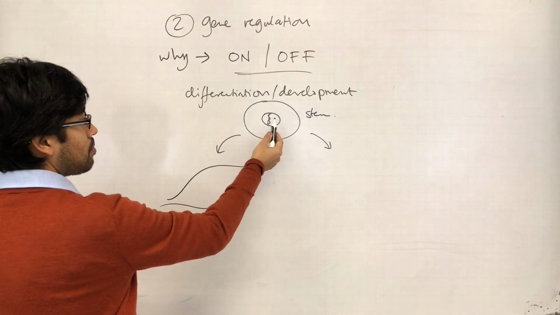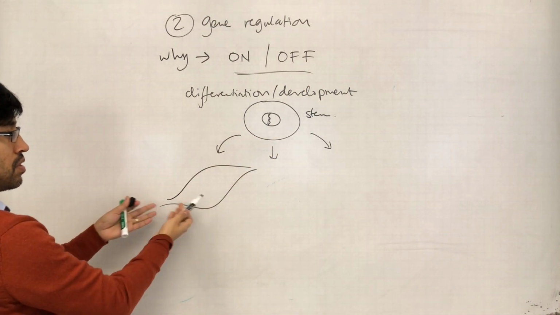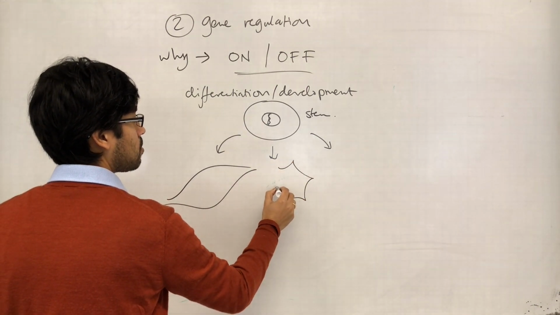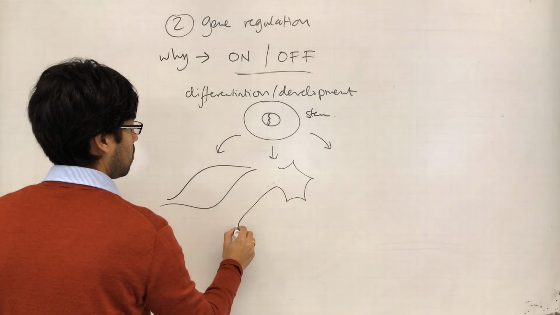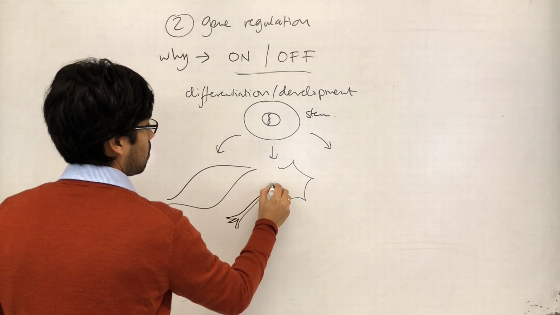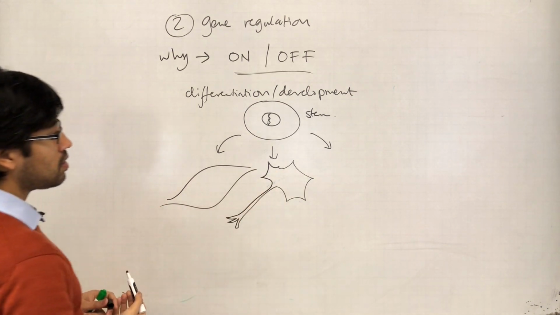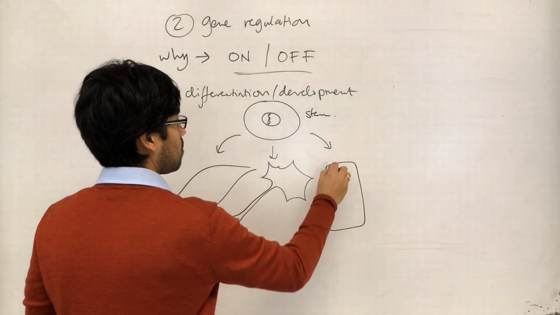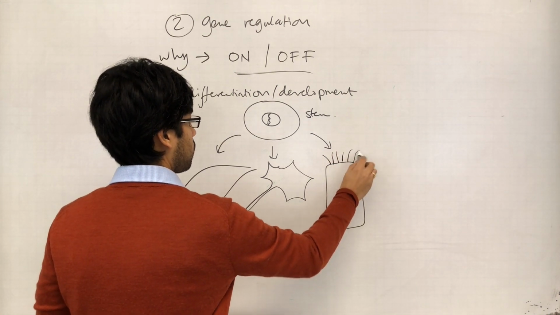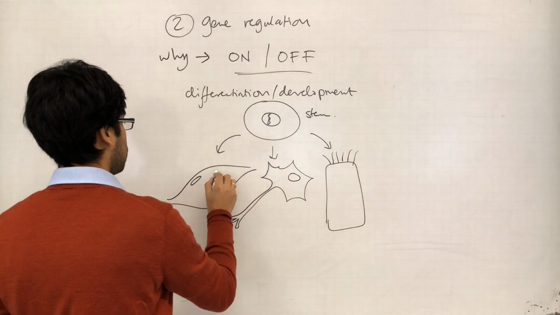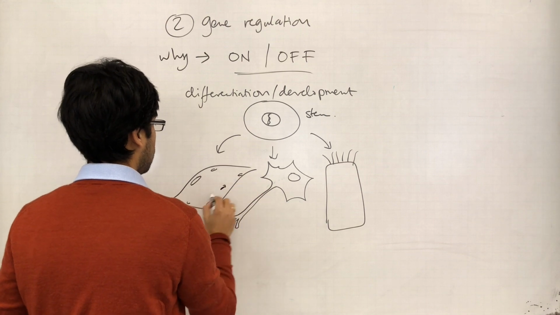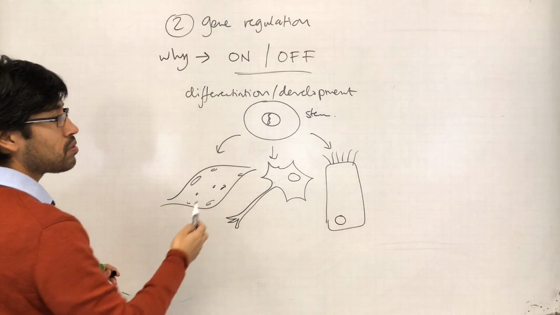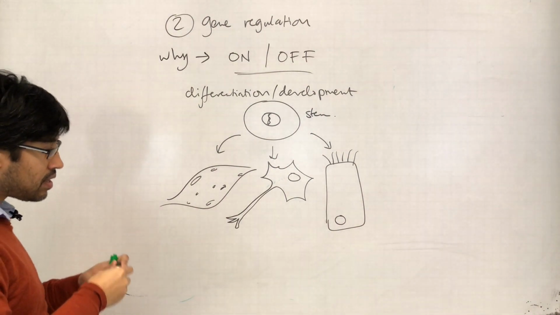We've got this stem cell that can differentiate into this type of cell, it can differentiate into this type of cell, and it can differentiate into this cell too. Okay. How is it able to do that? And the idea is